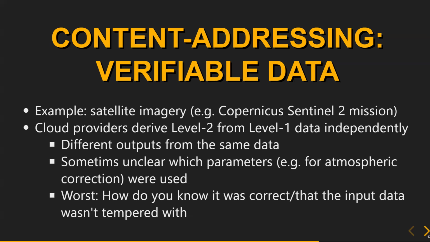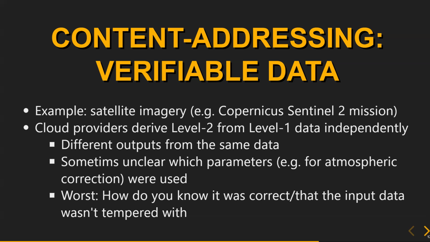And even worse is what happens if the data was modified? You can't tell. Let's say someone says, well, we don't want to deal with the deforestation that much. We just take an image where the deforestation was less bad, and we put it into the pipeline and get something out, and everyone who downloads it and does the analysis just gets the beautified, undeforested version of the image. If we would do something like content addressing,